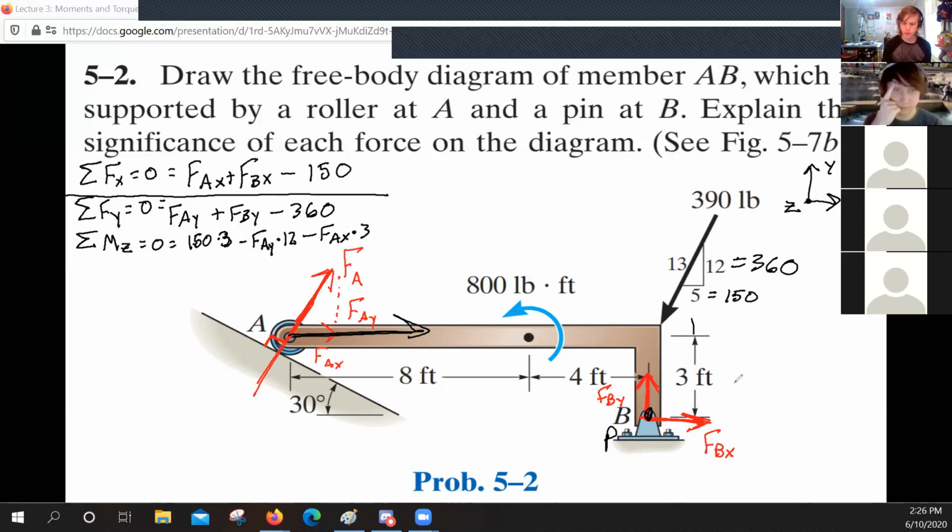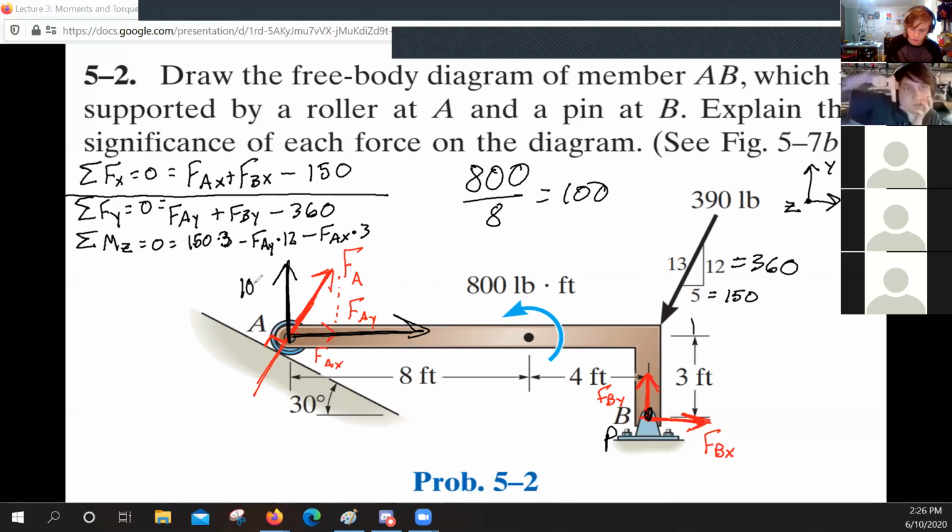So we're going to go ahead and do that. And so we're going to do 800 divided by 8 equals 100. And we know that that is going to be applied over here perpendicular, right? So we have a 100-pound force. That's going to go down. Oh, you're right. Sorry, it is down. Yep, 100-pound force pointing straight down over here. There we go. Because if we drew a line out from this pivot point,